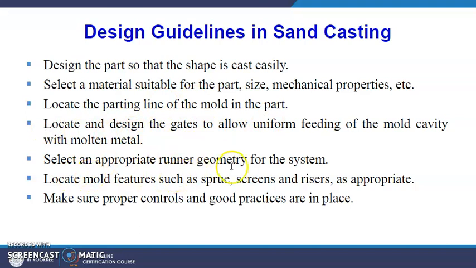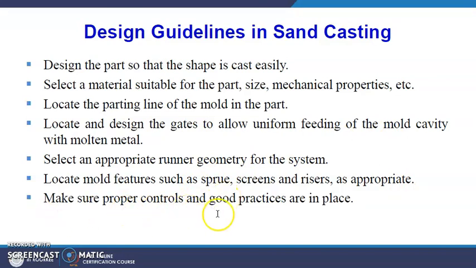Select an appropriate runner geometry for the system. Means runner should be appropriate, the runner geometry, the shape, either it is of conical shape or any other shape. That shape should be selected properly. Locate mold features such as sprue, screens, risers appropriately, even in your core and chaplets.